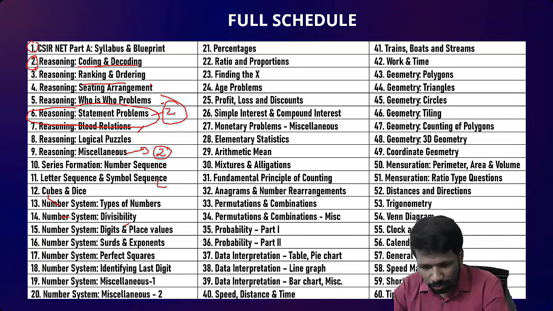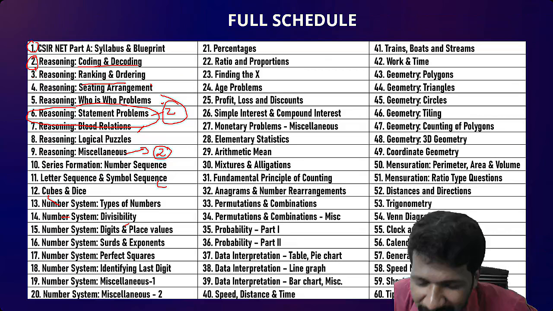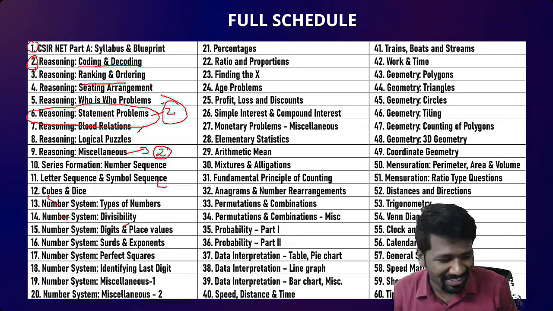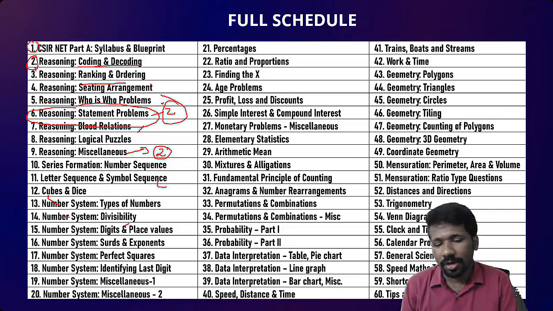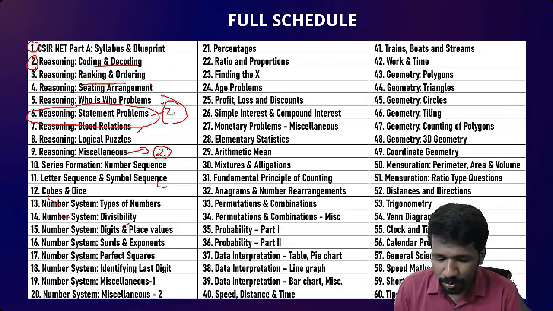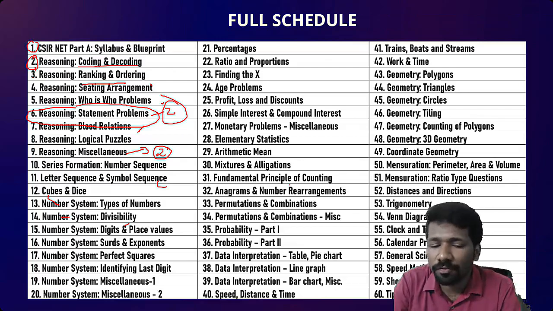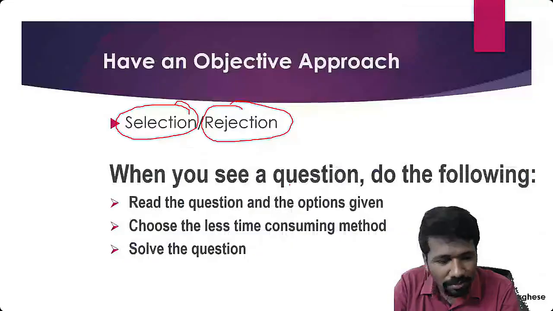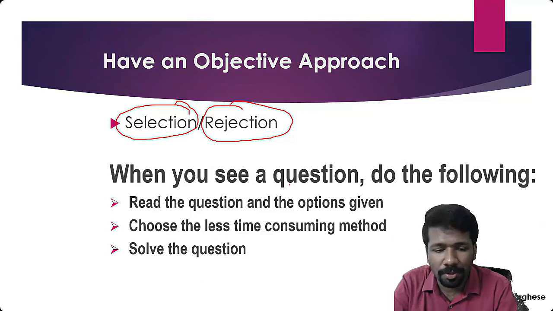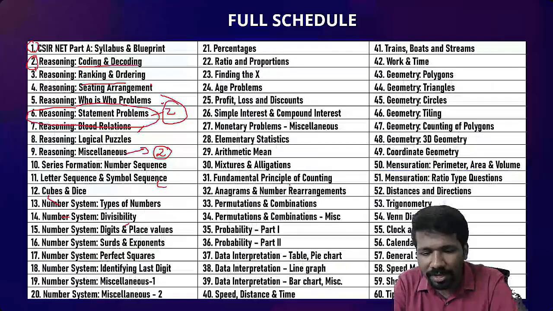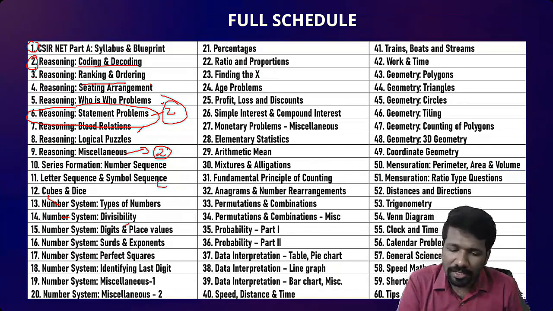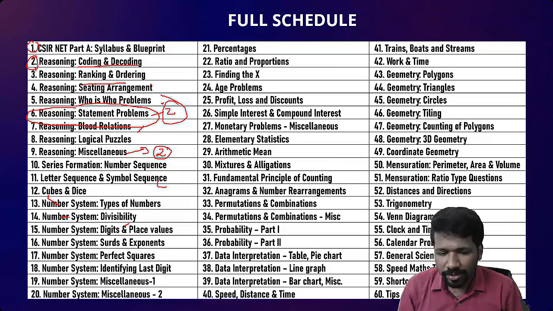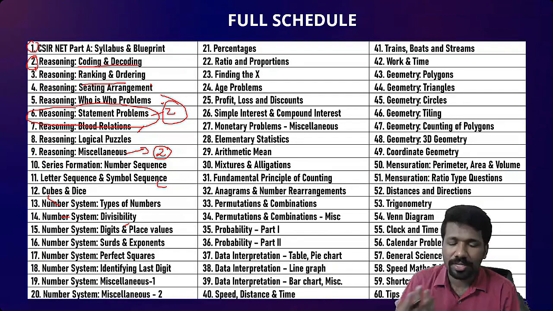66 lectures. I don't want to make this course for namesake, complete a course, take your payment. That is not the idea at all. I want all of you to succeed in your exam with the help of aptitude. So for that I will try my maximum to give more than what I promised. Whatever material, whatever classes I promised, that is the minimum you will be getting. You may get more than that according to your requirement. If you people are not understanding a concept with one lecture, we will add an extra lecture for that, or we will clear the doubts in the doubt clearing session so that there is more clarity.